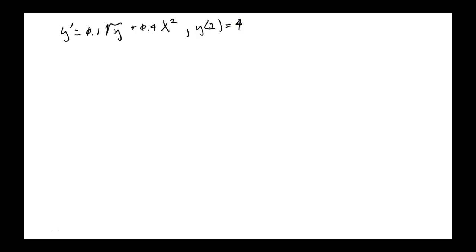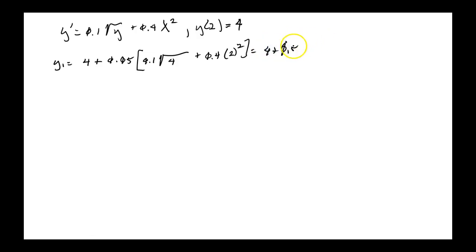So here your y1 is going to be y0, which is 4, plus 0.05, that's our new increment, okay, times, I'm going to put a bracket there to make it more obvious, 0.1, that's part of your problem, okay, times the square root of 4, which is 2, but I'm going to write it as square root of 4, plus 0.4 times 2 squared, which we know what that is, and that is equal to, okay, we can do this one by hand,